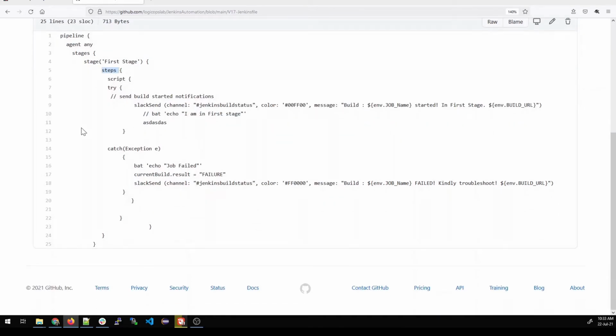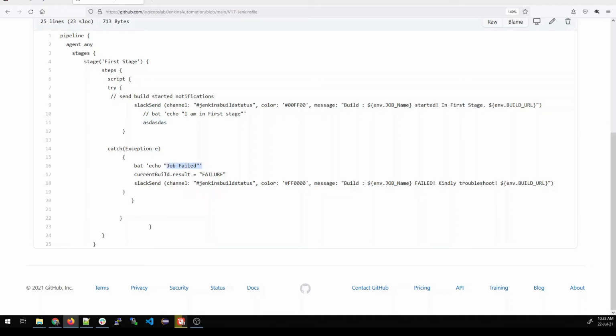only basic integration. In the steps, we have used a script of try and catch. In try, you can see the scenario that I have written. If that causes an error, it will push the code to catch. So right now what you are seeing, this is ASDS. It does not make any sense in terms of batch scripting or a batch file.